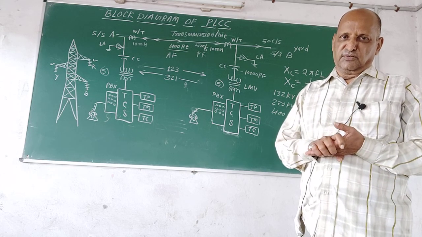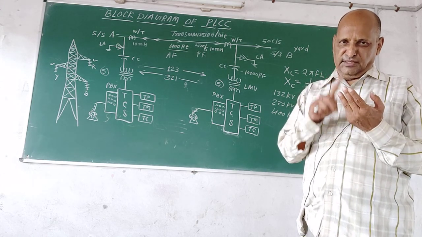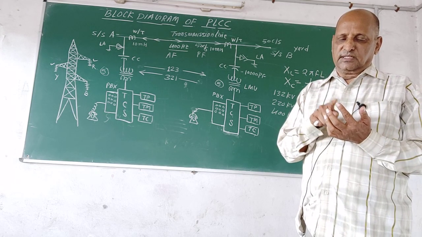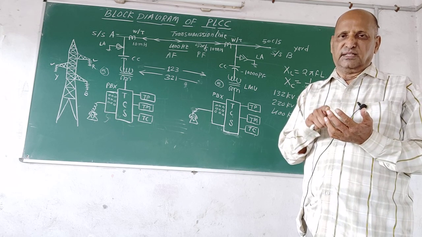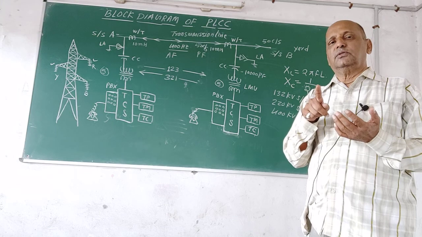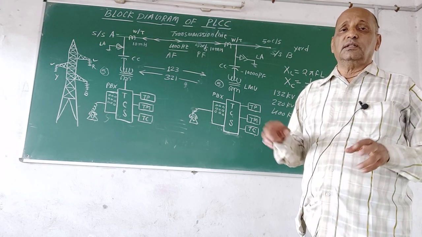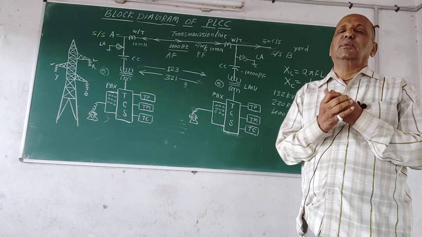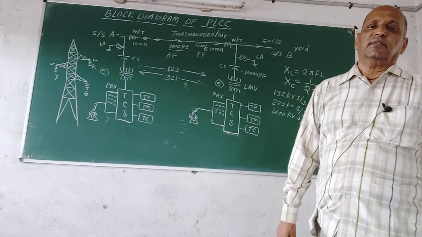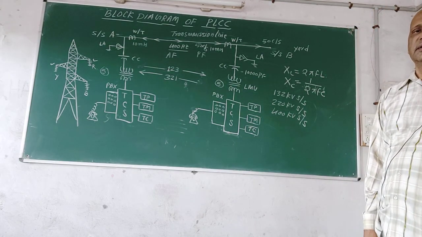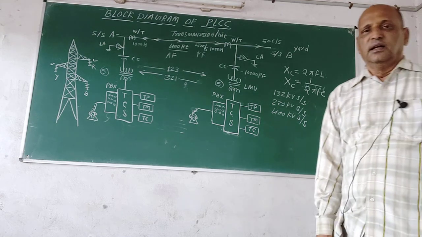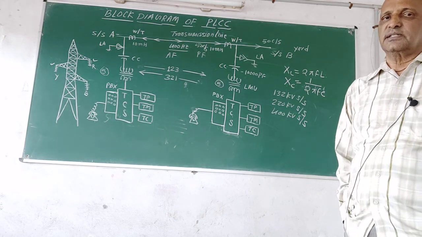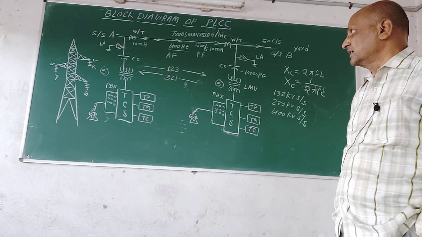So in the power system network, there are three connections that are very important: the tie line between two power stations, substation to power station, load dispatch center to power station, and load dispatch center to substation. So in all these areas, whenever a problem arises, communication takes place immediately and necessary action for controlling the system can be done, and power system stability can be maintained. So this is all about the PLCC block diagram and its explanation.